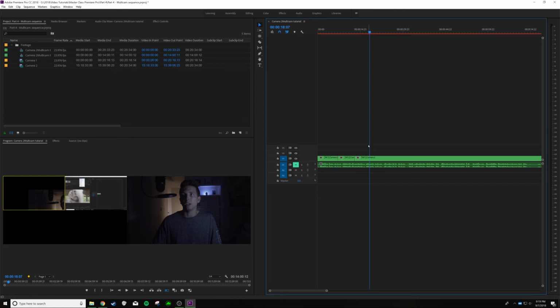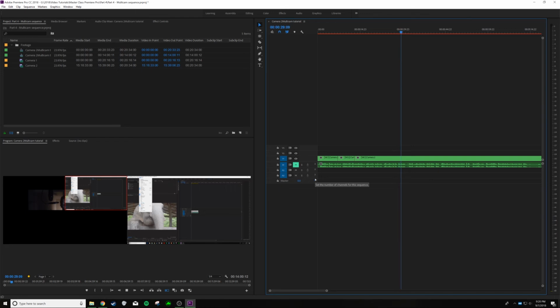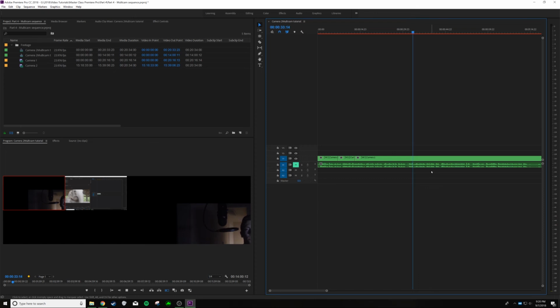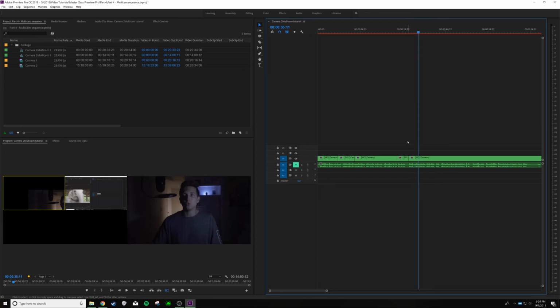A super nice feature that I think is even easier is if you play your video, instead of physically clicking on your clips, you can actually switch cameras by the number keys on your keyboard. So for camera 2, we can hit 2, and it's going to switch to camera 2, or we can hit camera 1 by hitting 1, and then once we hit spacebar over here, it's going to make those cuts for us. It's super nice, super easy. And that goes with if you have more cameras, so 3, 4, 5, 6, you can hit those number keys